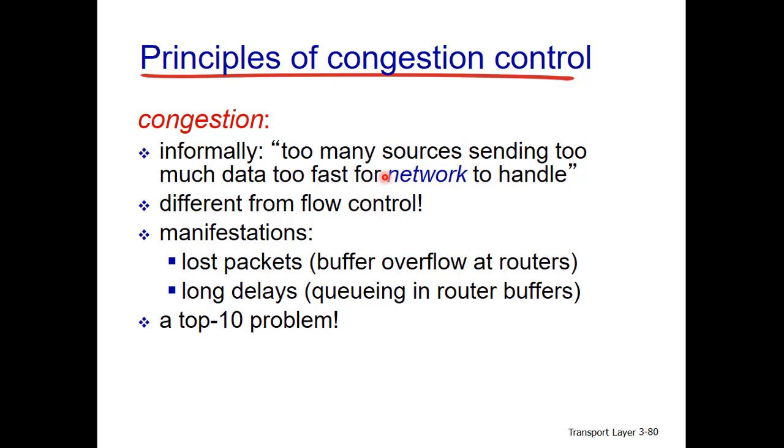It is saying that in normal circumstances there is no congestion, you can send a lot of data, but in case when there are too many packets moving in a network, congestion can occur. So once congestion occurs, you need to control, you need to limit, you need to reduce the amount of data that you are sending. So different from flow control, it manifests as lost packets and long delays.